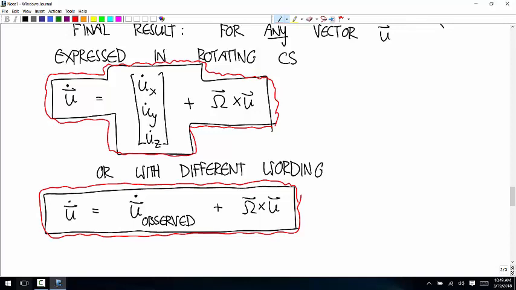Not necessarily. It's anything. It's kind of amazing that you can come up with something that general. But that says it doesn't matter what you measure. If the thing you measure is a vector, which means that if you took your measurement in a different coordinate system, those two would match up if you applied a rotation matrix. That's what a vector means. So if what you measure is a vector, then do this, and it'll give you the time derivative of that vector as it would be observed in a non-rotating